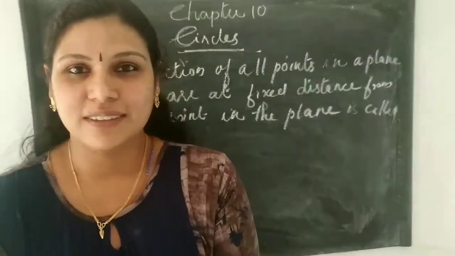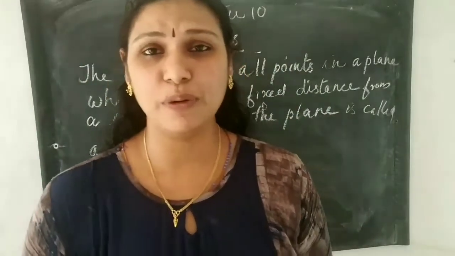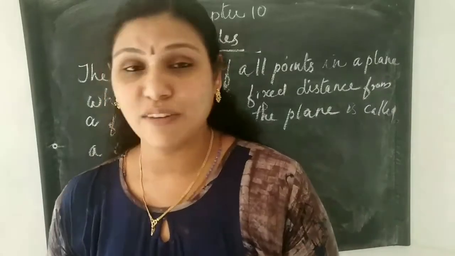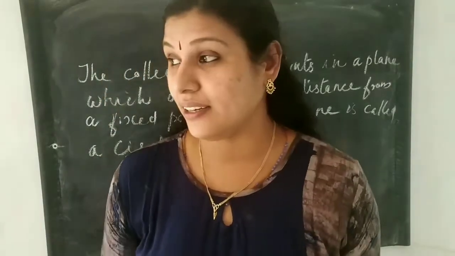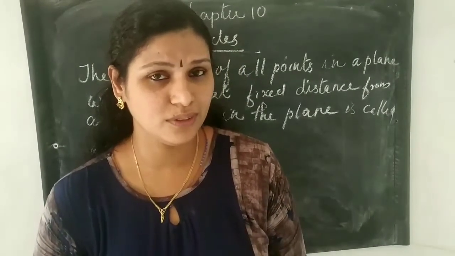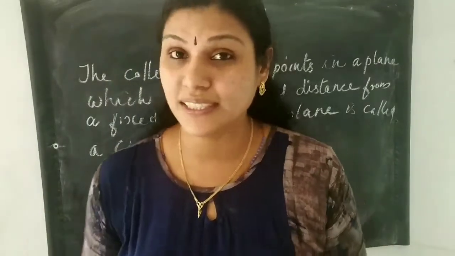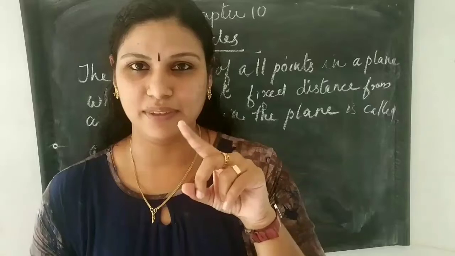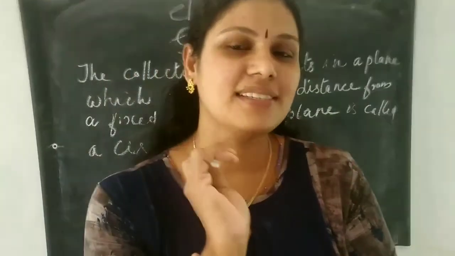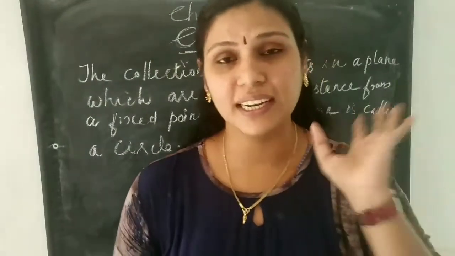Today we are going to start our next chapter, that is chapter 10, circles. You know about circles. In the last year classes you studied about circles and you know about the objects you see in circle shape. Which are the objects in circle shape? Do you know? That is wheels of some vehicles, then the dial of many clocks, the dial is circle shape. Okay, isn't it? Now bangles, like that. We see many objects with the circle shape.